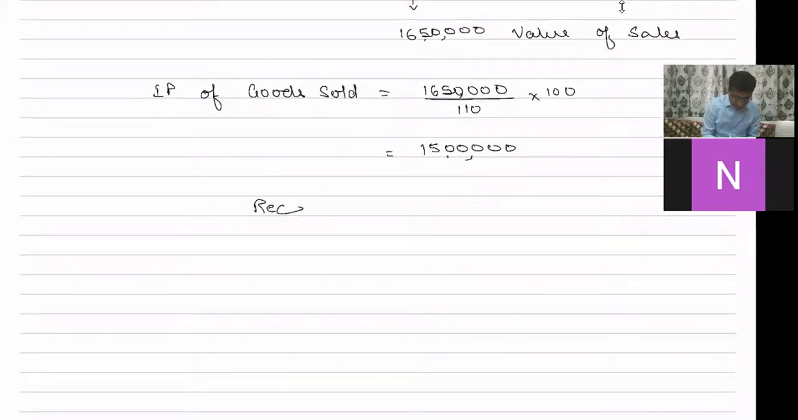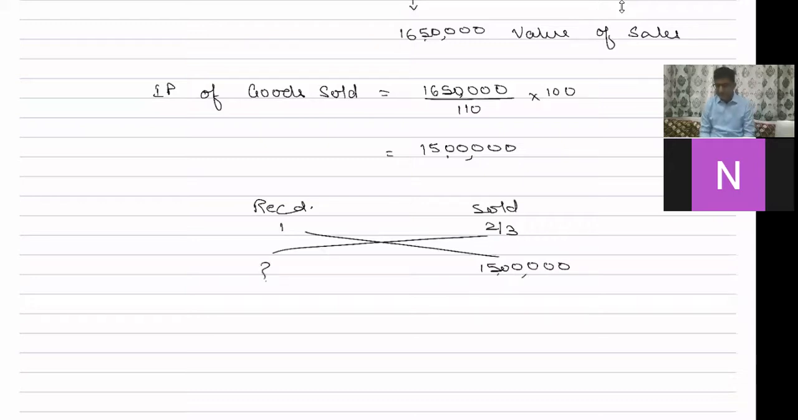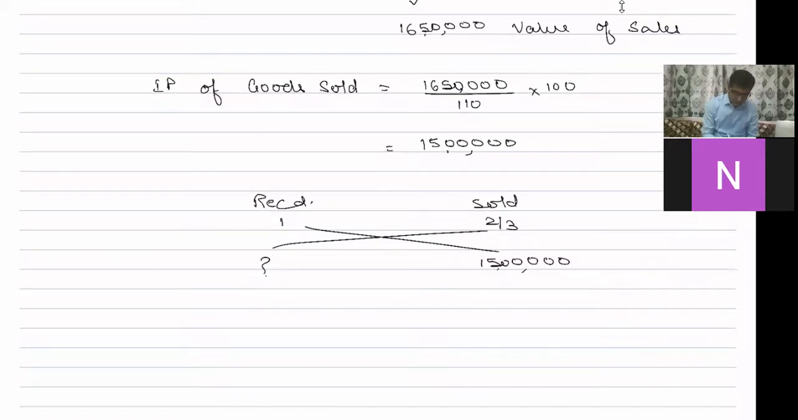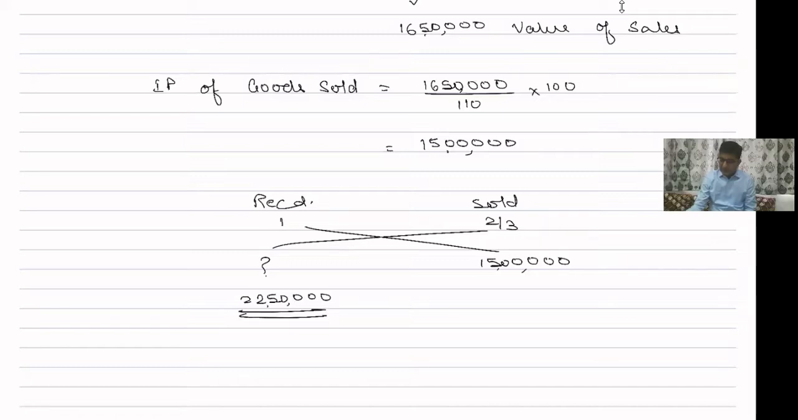Received is 1. Sold is 2/3. 2/3 का वैल्यू is 15 lakh. तो received का वैल्यू कितना? Did you understand it now? And that comes to 22,50,000. Correct? समझ आया जिसको भी डाउट था? If anyone still has any kind of question in that,